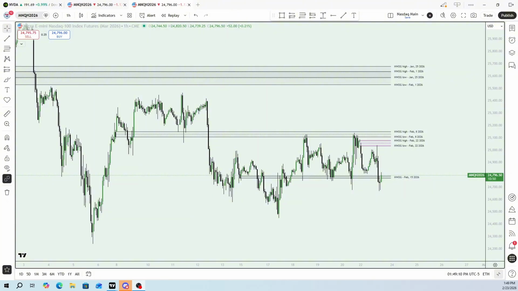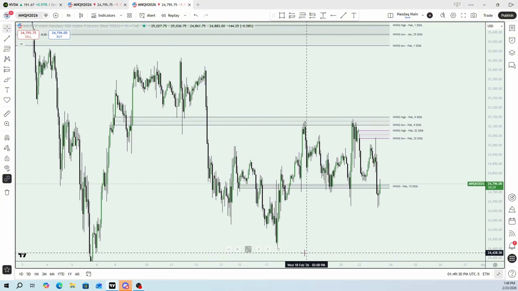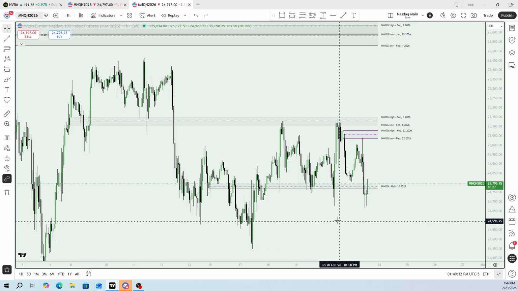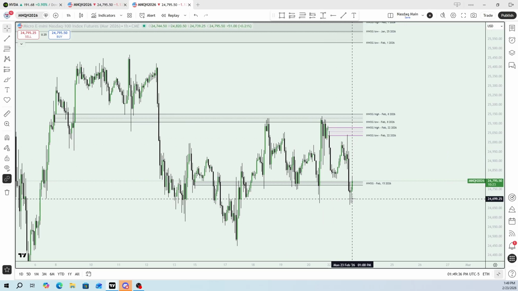All right, so I want to show you a different chart today. This chart is my new week opening gap chart. This is another chart that I will have open on one of my monitors for solely plotting the new week opening gaps, right? So the purple line is delineating the present day or today's date new week opening gap for February 22nd. And as you can see, price ran up into that level, and then we begin to break off and trade